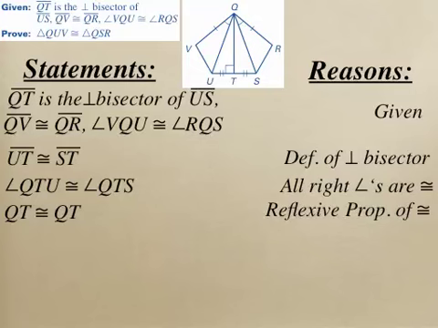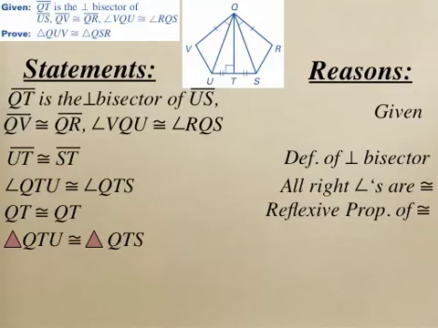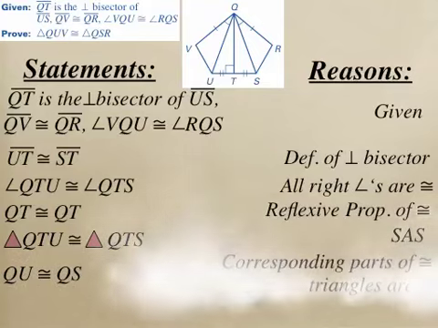Now I can say that triangle QTU is congruent to triangle QTS because of the side angle side congruence theorem or postulate. I can use the fact that my two smaller triangles in the middle are congruent to say that corresponding sides of congruent triangles are congruent, which tells me that QU is congruent to QS,